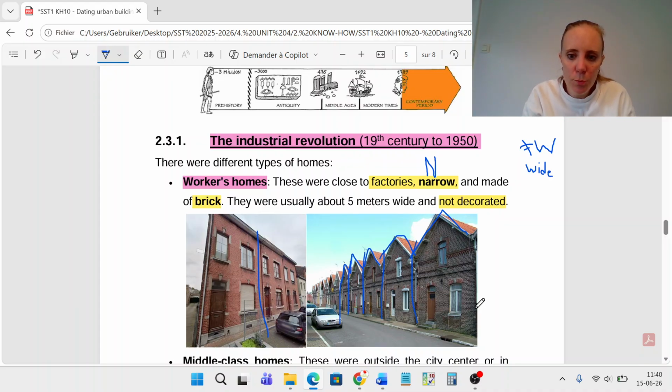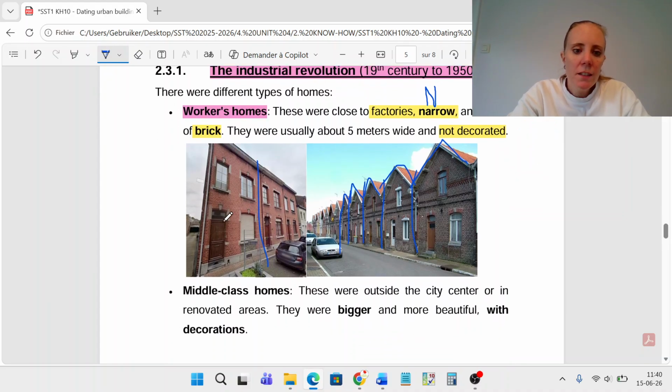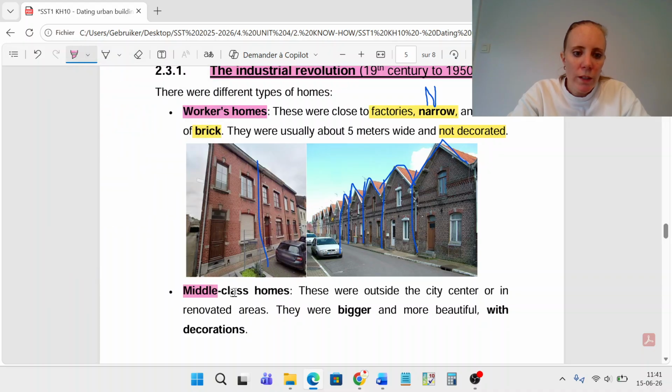They were made out of bricks. Workers' homes. And then we had middle class homes. So middle class, c'est la classe moyenne. It's the people that are not workers, so they are not working in factories, but they are not particularly rich. Okay, so middle class, la classe moyenne,